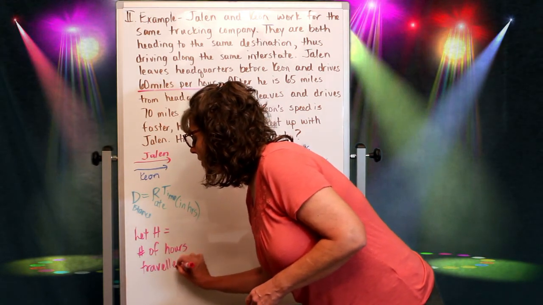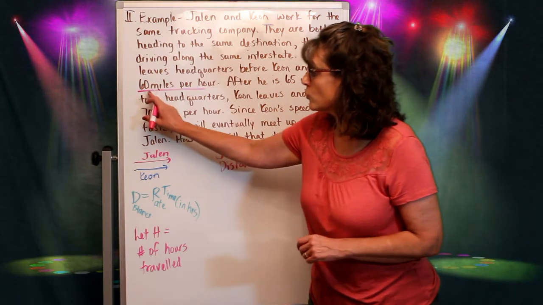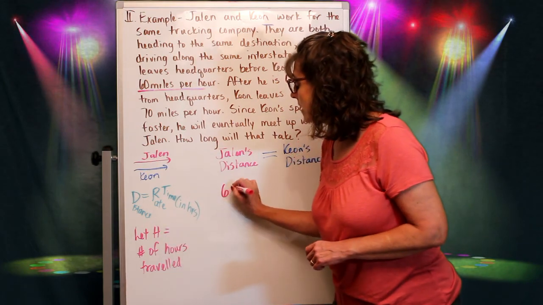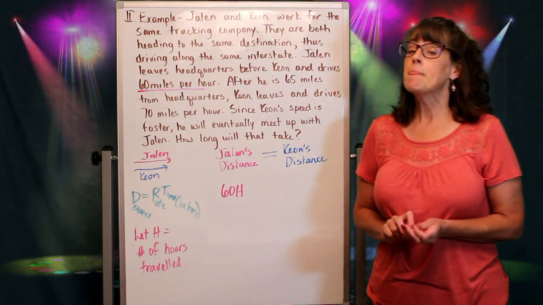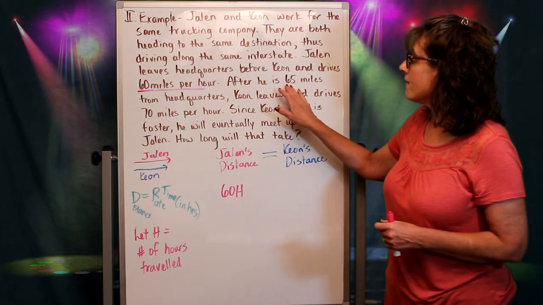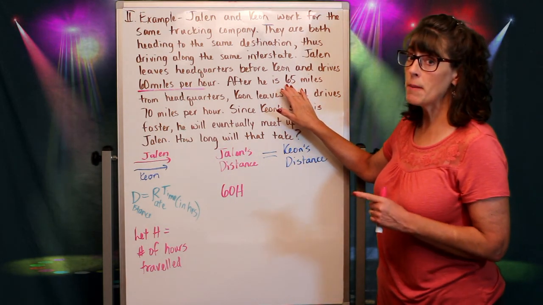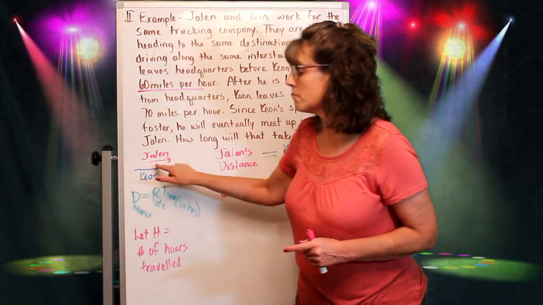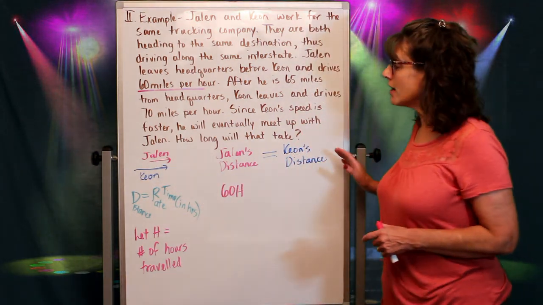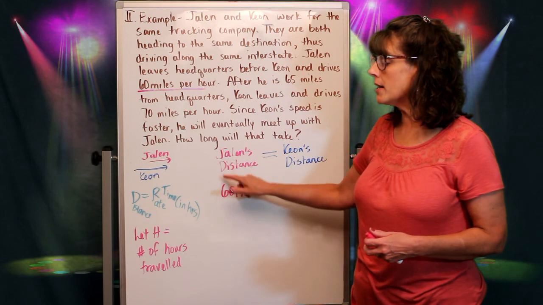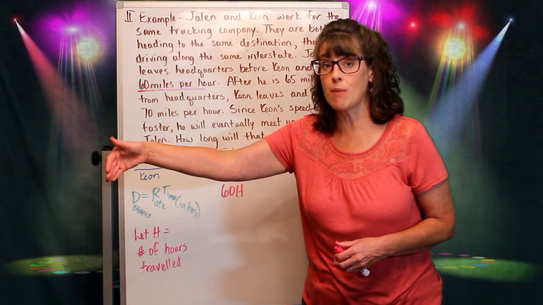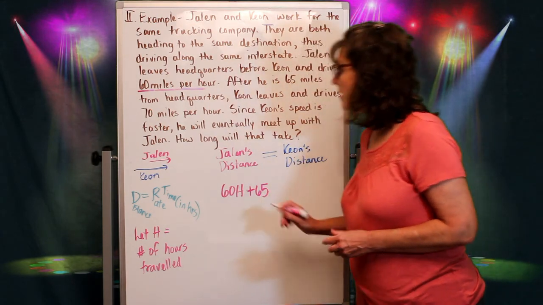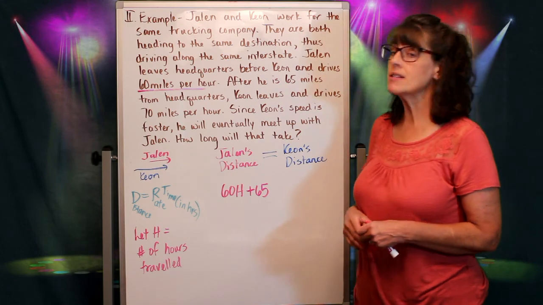And so in order to figure out Jalen's distance, we're going to take, again, his rate of 60 miles an hour right here. We're going to take the time, which I'm now calling H, and that is going to give me Jalen's distance. Now, let's think about what happens here. After Jalen is 65 miles from headquarters, so after he's already 65 miles down the road, Keon begins. Okay, so Jalen has already traveled, taken that distance and progressed 65 miles. So we better tack that on to Jalen's distance of 65 miles,